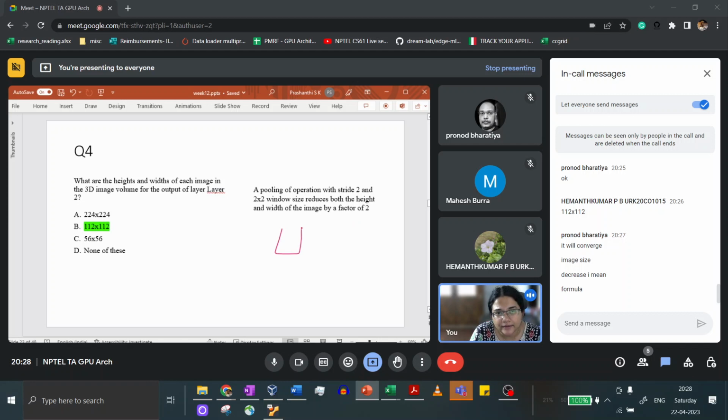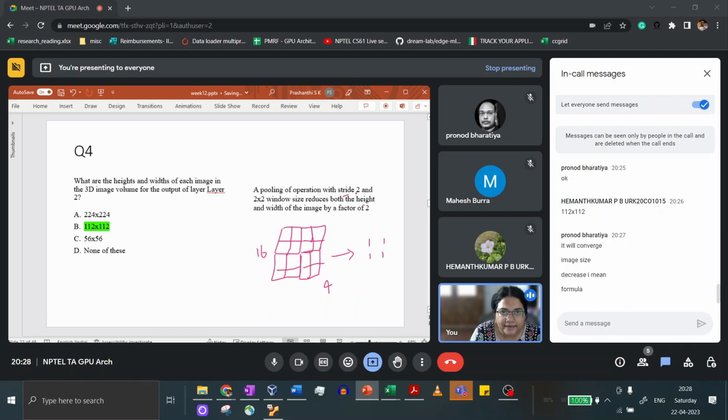So if you take a pooling kernel of 2 cross 2, right? Now ultimately across this 2 cross 2 window you are getting one value. Now if it's a stride of 2, then there is no overlap, right? It's going to be like this. So this is an easy thing for you to imagine, right? Let's just think about this, a 4 cross 4 matrix with a 2 cross 2 window size and stride 2, right? Now earlier you have 16 elements. Now after this pooling window is done, you get one element here, one element here, one element here, one element here. So it's a reduction by a factor of 4.